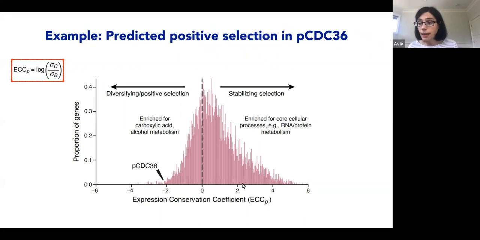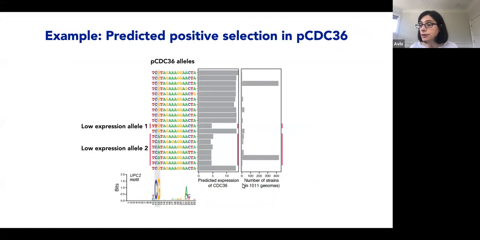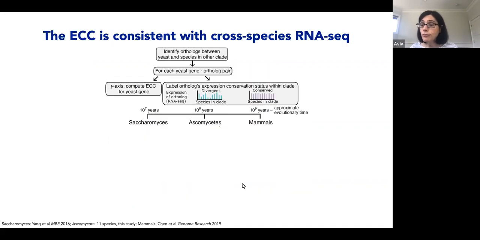And just as an example of a predicted positive selection, here is the CDC36 promoter. There are 19 alleles amongst the 1,011 strains. 2 of these alleles are predicted as low expressing and independently evolved, and each has a different mutation in one of the 2 critical bases of the UPC2 motif. Okay,